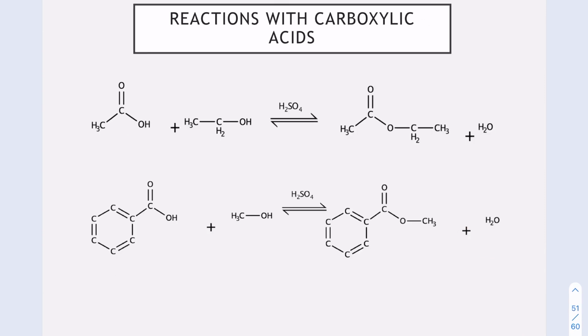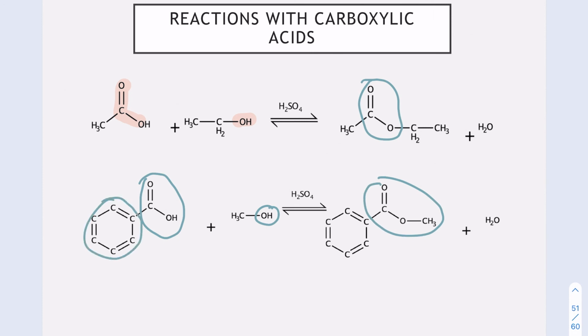Let's have a look at some of the reactions that they can undergo. The first one here, we've got our carboxylic acid with our alcohol. We have sulfuric acid as our catalyst, and that means we are making our ester with your ester link. Again, that's something that you learned last year. We have a similar one here, where we have our carboxylic acid and our alcohol, and we've made another ester. This ester has benzene in it this time, as you can see from your carbon chain,